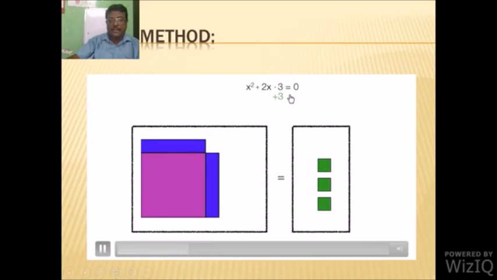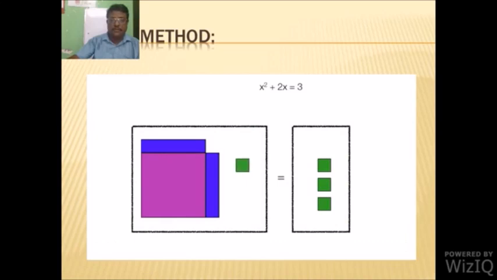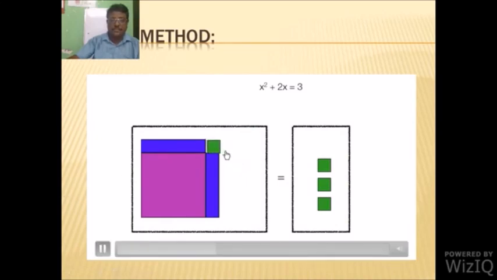Now let's check the numerical representation of the equations. X square plus 2x minus 3 plus 3 will cancel. We get x square plus 2x equal to 3. Now again you can look at the left side. This square is incomplete. Only one square is required, so that we are going to add on the left hand side. So what will happen if we are adding one square on the left hand side? This incomplete diagram becomes a perfect square, a complete square of side x plus 1 units.